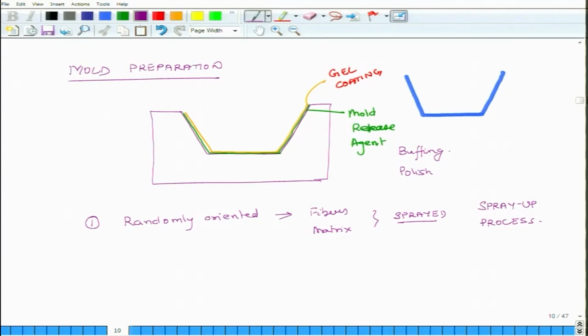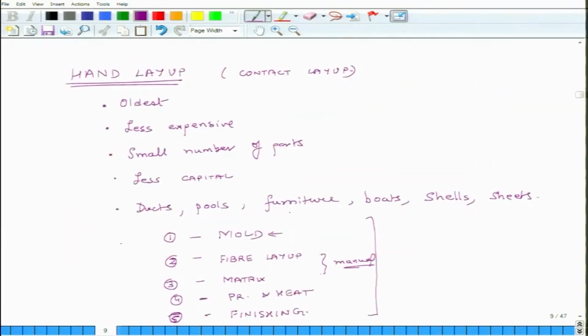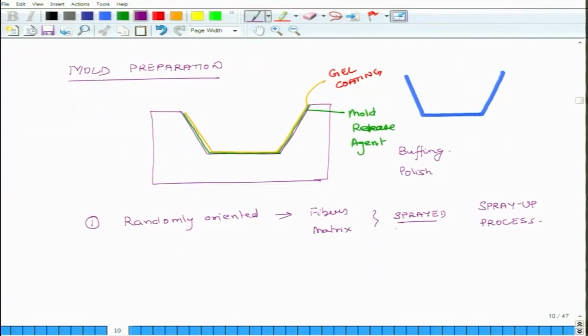A lot of boats, chairs, all this stuff, they are made from short fiber composites, okay. But you can also use this process to make materials which have long continuous fibers. So this is how you apply the matrix and fibers. The second one